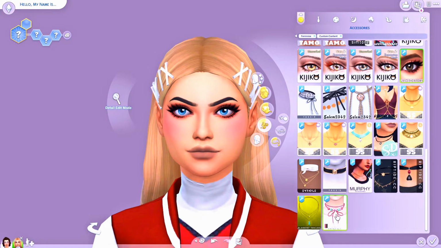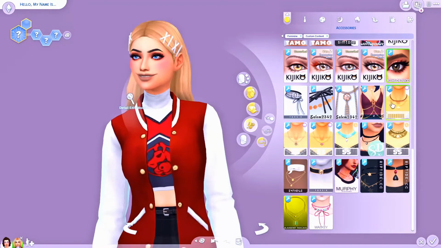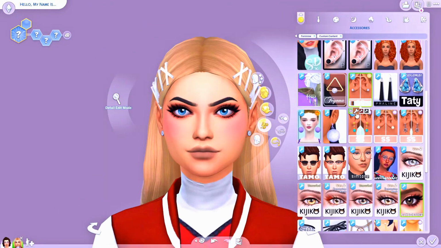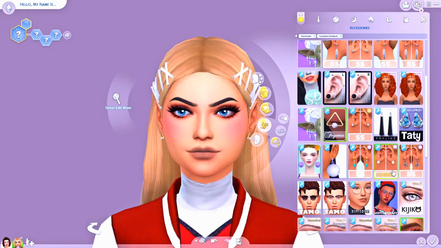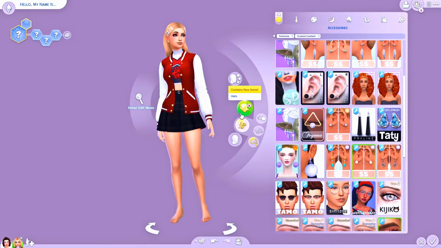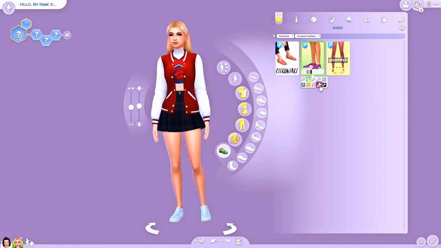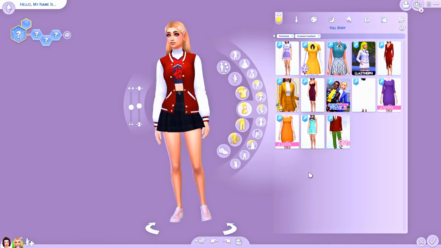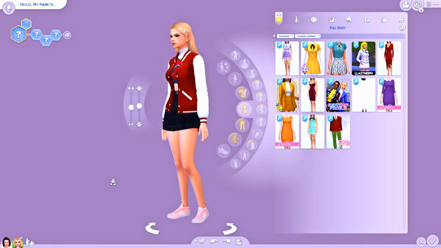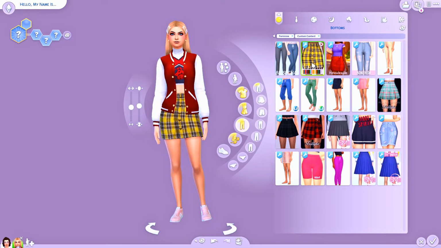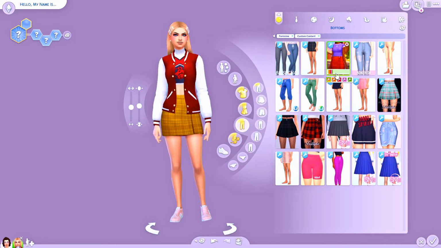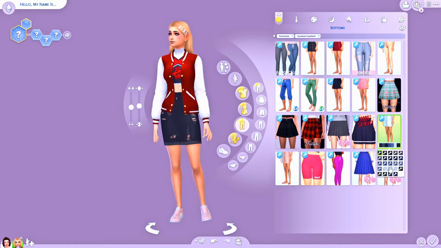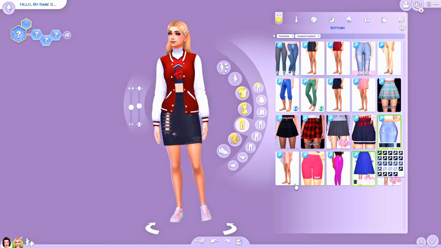I did pick red for the sports jacket, the university jacket, and for her little uniform on top to represent Foxbury. Even though I know they have different colors, I think it's gold and blue, I really wanted her to sport the red. And maybe she actually does cheerlead for that school, which wasn't really included in university. We did get soccer, and I haven't had an opportunity at all to play with the pack, but